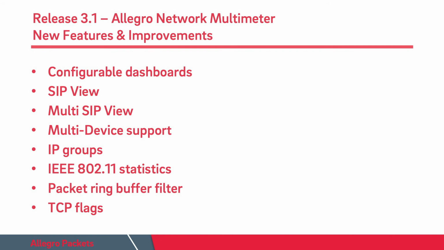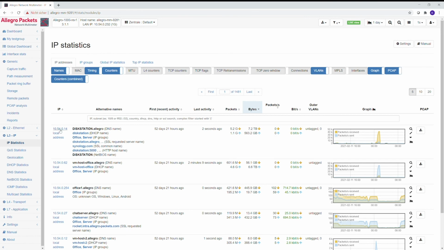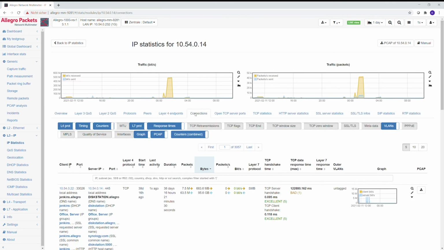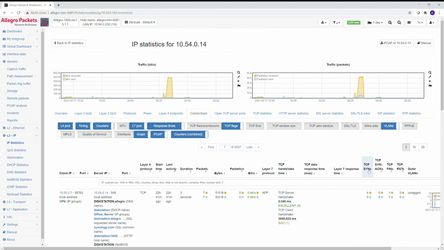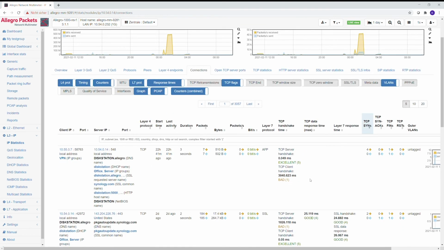Okay, last point on my list, we improved the TCP flags a lot. So whenever you have an IP address and you go to the connections, we added more flags to monitor for TCP connections. So how many SYNs, SYNACKs, FINs, or resets have you seen for a connection? What are our connections with top SYN rates? And so we had a connection which had 4 SYNs and 5 SYNACKs. Quite interesting. And 1 FIN per direction. And this helps a lot to debug easily.